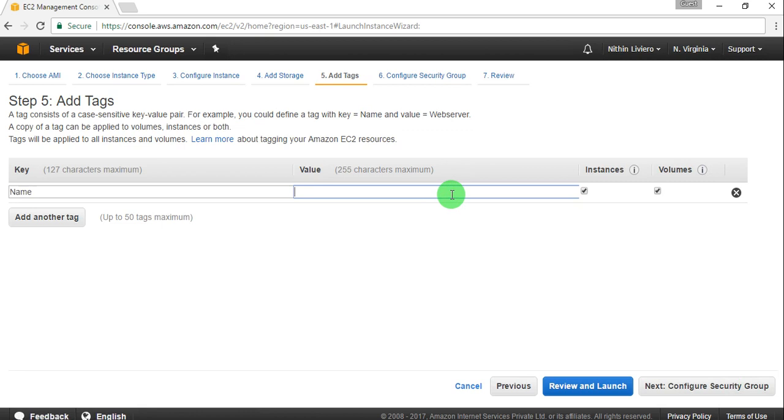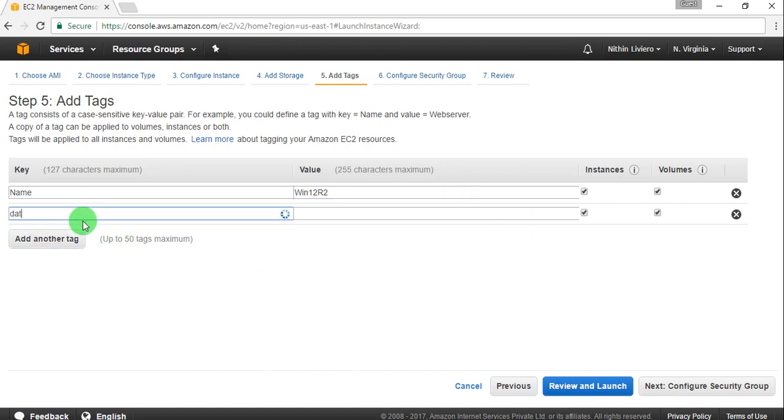So the name of the instance would be Win12, let's say R2. If you want, you can give another tag for the date that you created the instance, which would be 6th of April 2017. If you can see here, there are two tabs here saying instance and